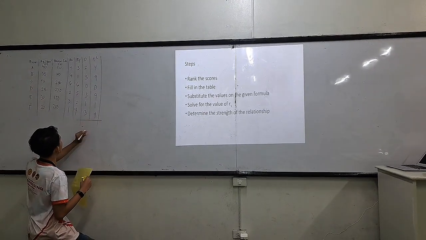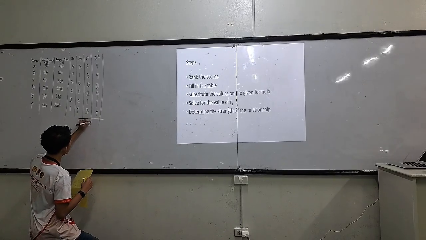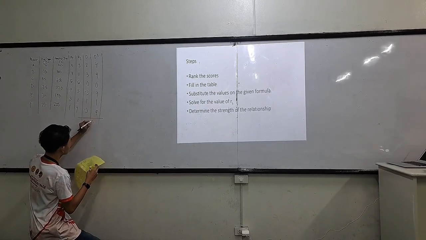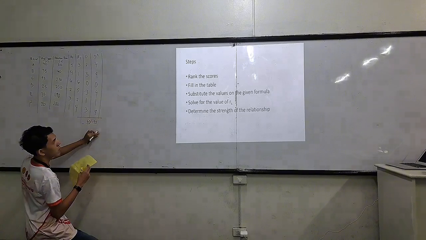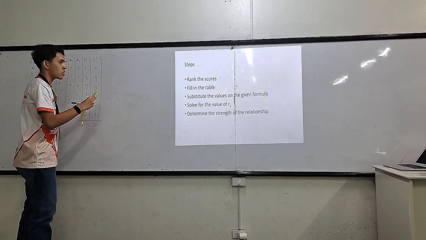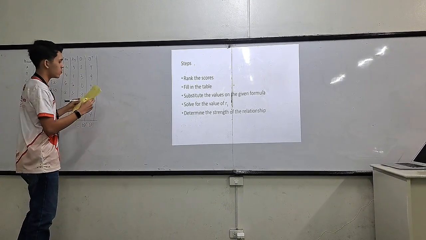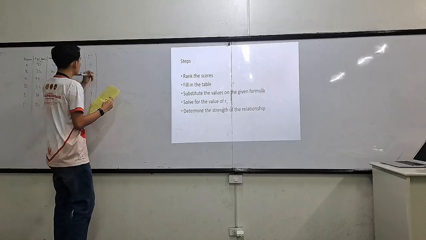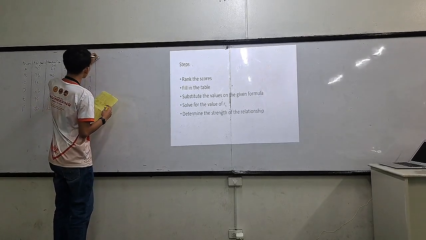Now after getting the squares, we'll get the summation again. Now our next step will be to substitute the values in the given formula for our R sub S. So our sum is